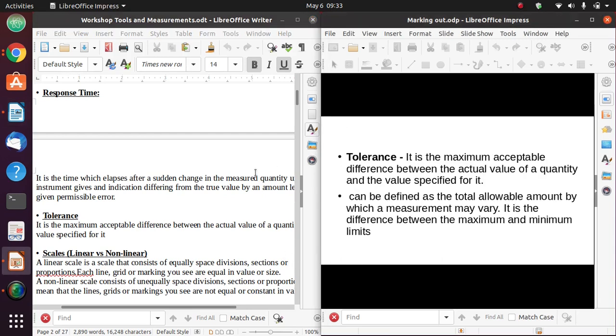Now, when we talk about tolerance, the example that I can give is this: when you go to a hardware and you buy a screw and a nut, say a nut of 10 millimeters in diameter, and then I go to another hardware and I buy a screw and a nut of the same diameter. You'll find that even though I have bought the screw and the nut at different hardwares, and both of them are 10 millimeters in diameter, they will still fit, because when we are machining